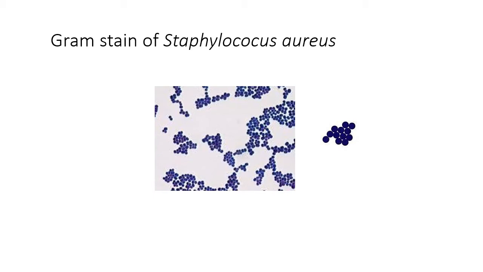And since we are talking in terms of disease-producing bacteria, Staphylococcus aureus is the most important virulent bacteria in this particular genera, that is Staphylococcaceae. So do remember that the size of the individual cocci is around 1 micron in diameter, and you can see that they are in clusters because they do not separate. The mother cell and the daughter cells do not separate, and thus you can see them in a three-dimensional picture.